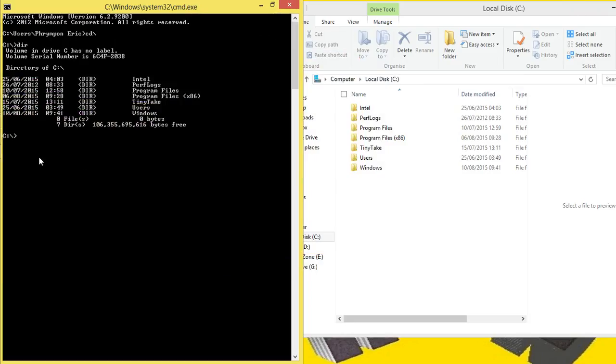So let's try the cd. We want to select this users folder. So in the partition C, that's the drive C, we want to select the users folder. So we just type cd and then we leave a space and then we type users. One thing you need to take note of about the command line is that in typing the name of something, it is case sensitive. So for users, you can see the U is uppercase. If you make it lowercase, you're going to get an error. So make sure that you obey the case sensitive rules. So the cd users